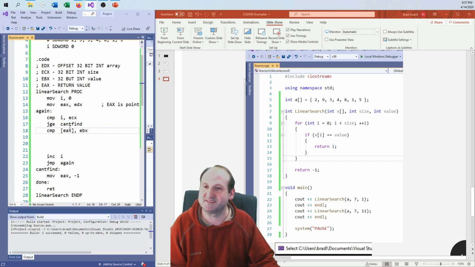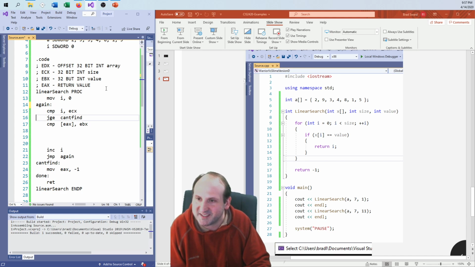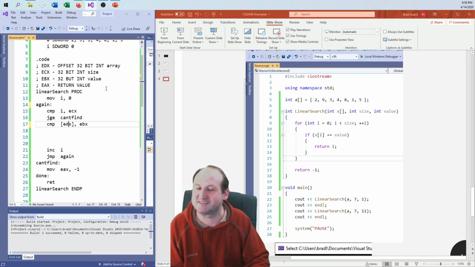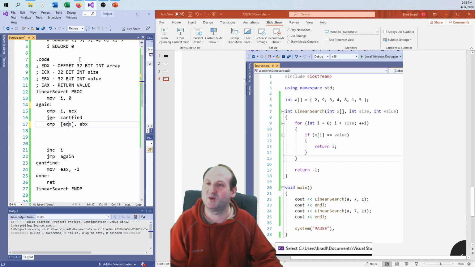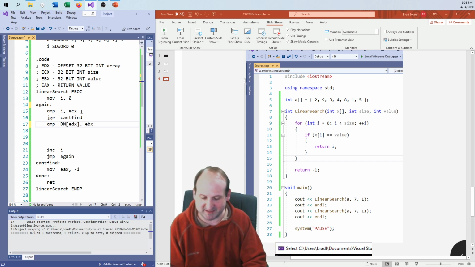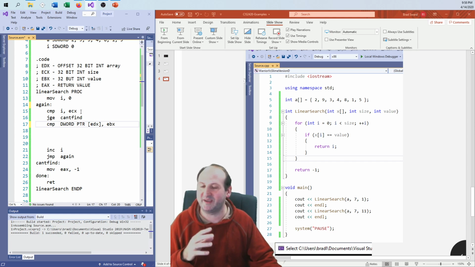So what that means is maybe I can just use EDX directly. I think I can. I guess I can just say it like this, since I'm not going to lose the pointer per se. So I can say, okay, go to EDX, which in this case is the first element of my array. And just to make things easier, it helps to use the DWORD PTR, so you say, okay, take whatever EDX is pointing to and treat it like a double word,